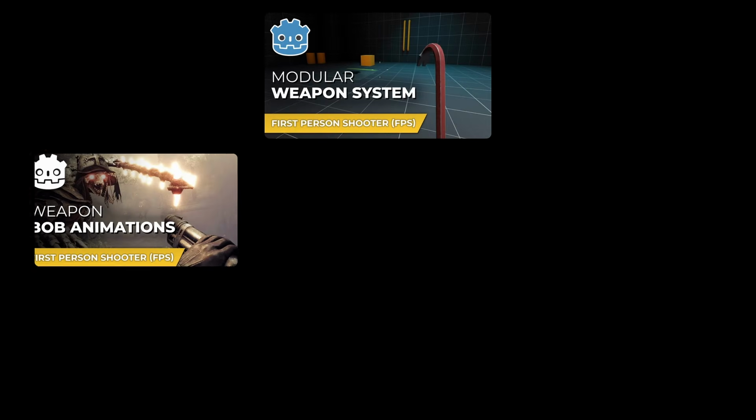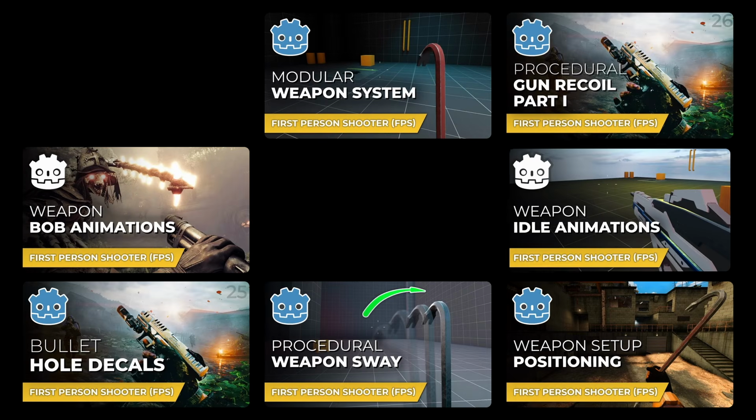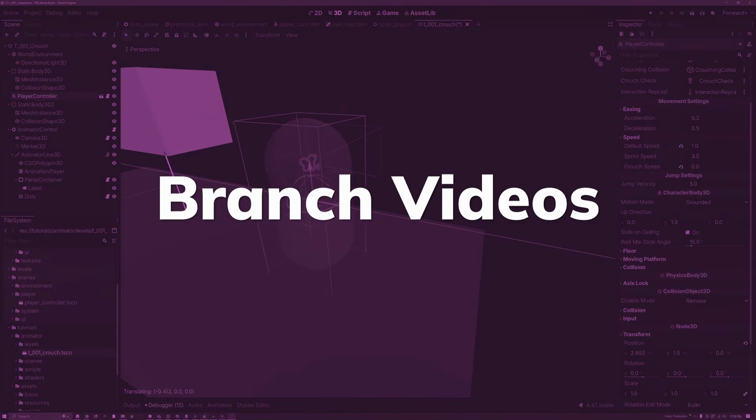No more 3-minute tutorials. For example, instead of doing 10 videos on adding weapons in an FPS, there will be one long video called a branch that will cover most of the foundational parts of weapons like ammo and movement, weapon switching, etc. These branches will be directly connected to the base FPS project as much as possible. This means you shouldn't need to watch every single tutorial to get the most of new videos, and it should be easier to implement parts of the tutorial series in your own project,